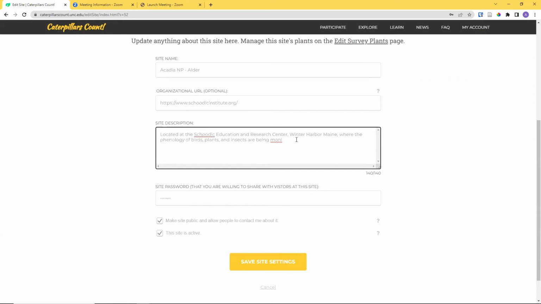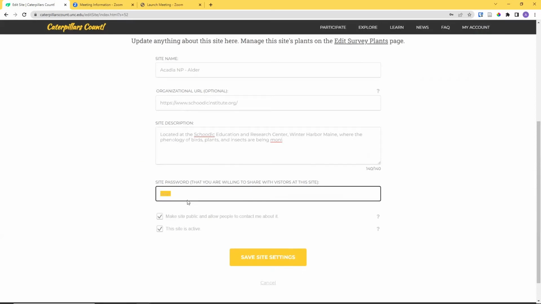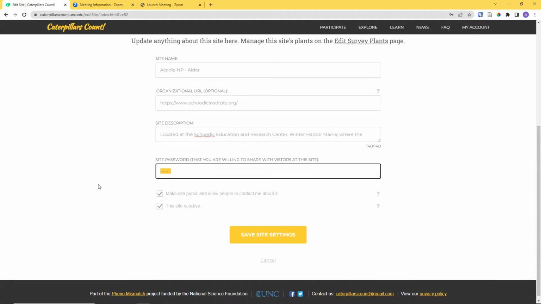Oh, I didn't realize we have a 140 character limit on that. You can change your site password if you want to. And then these 2 checkboxes,